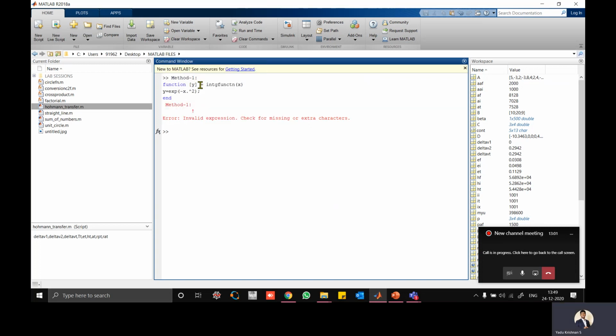Now we introduce this method. Sorry, method 1 is not there. We have the function created. Now we can make an integral. What is integral? Integral equal to quad, that is your built-in function. Quad of what? Your function. What is the function? intg, that is your function name, comma, 0 to, sorry, here in this particular question it is 0.5 to 1.5. That will give you the